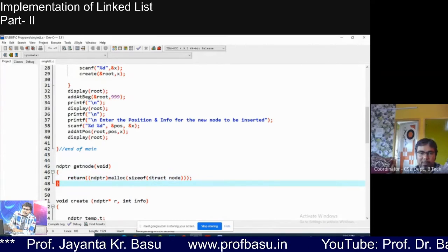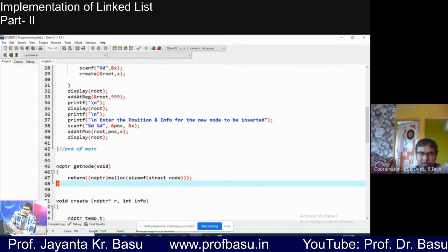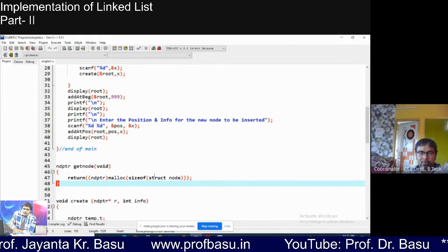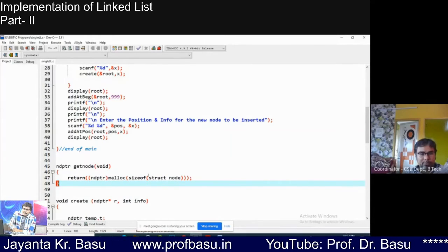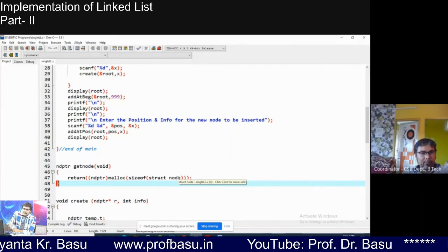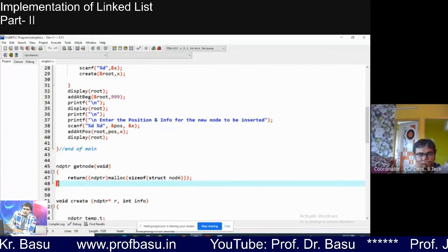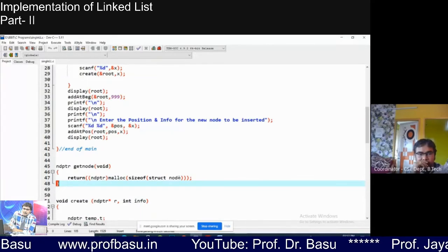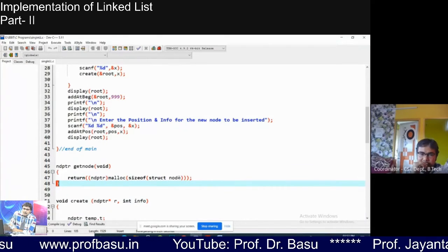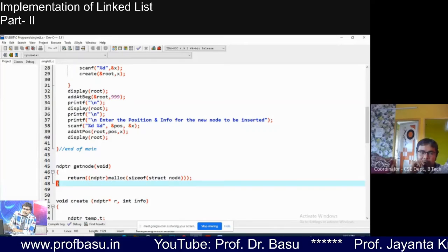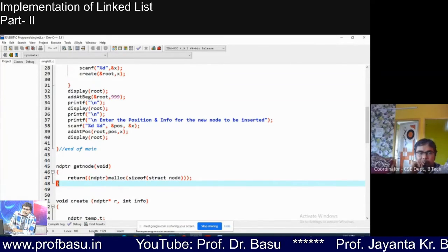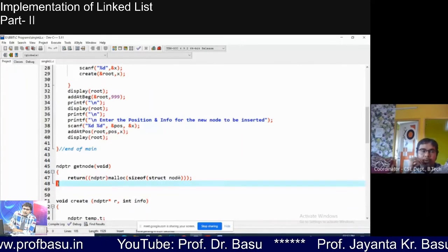If you put sizeof int, for Windows it will return 2 bytes. For Fedora, it will return 4 bytes. So it is not always the case that our program will be executed on the Windows operating system. It may run under Android or under Fedora, right?